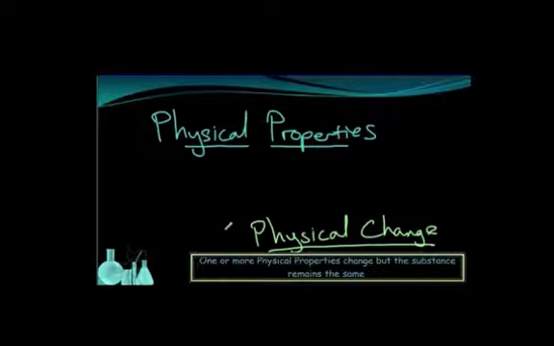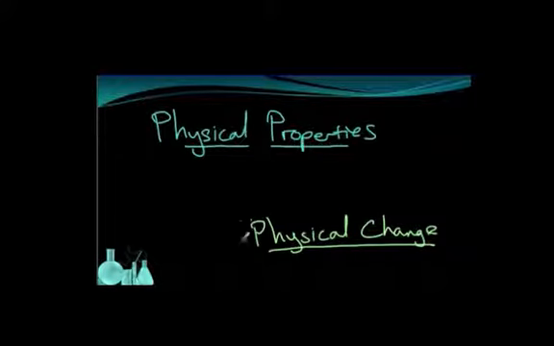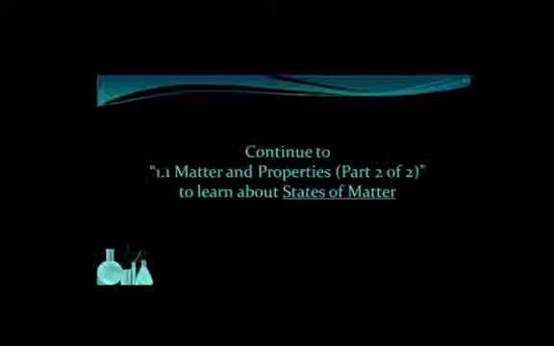Another physical change that's very common is when you melt an ice cube. Okay? So ice is a form of water, and when it melts it becomes liquid water. We call that a change of state. That's another kind of physical change, and we're going to start talking now a lot about the states of matter.